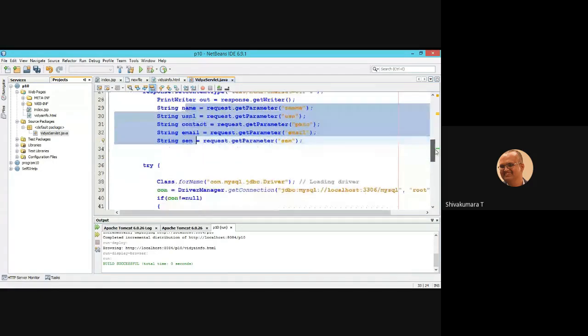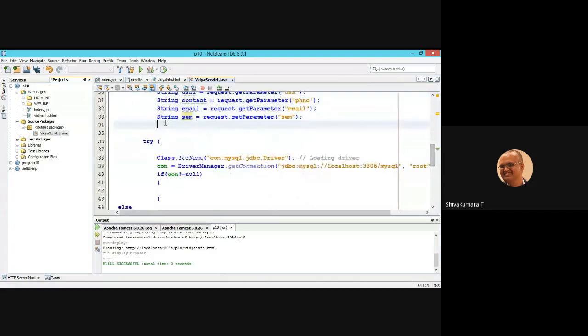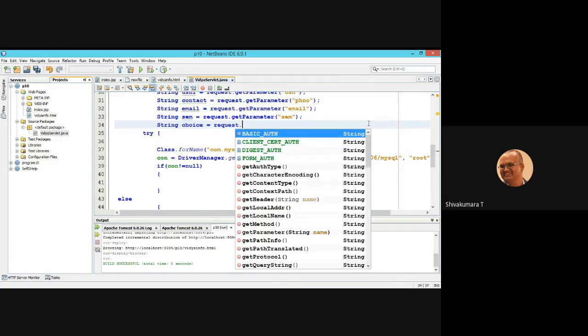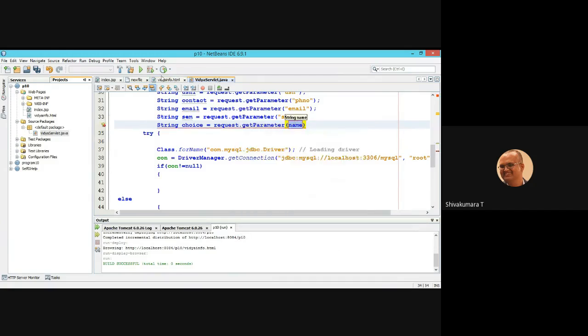Now based on the click event, if it is insertion selection, insert needs to be invoked. So choose one more variable, String choice, equal to request dot getParameter.